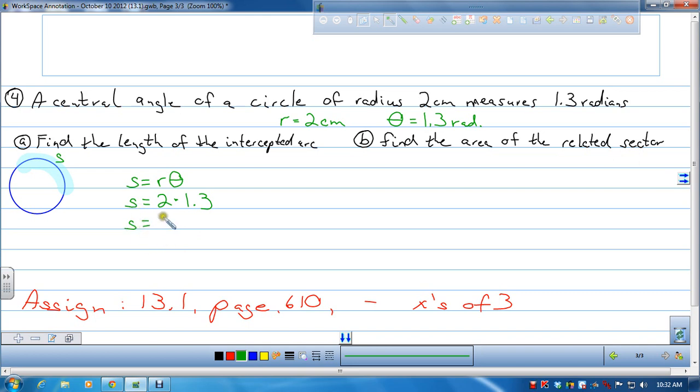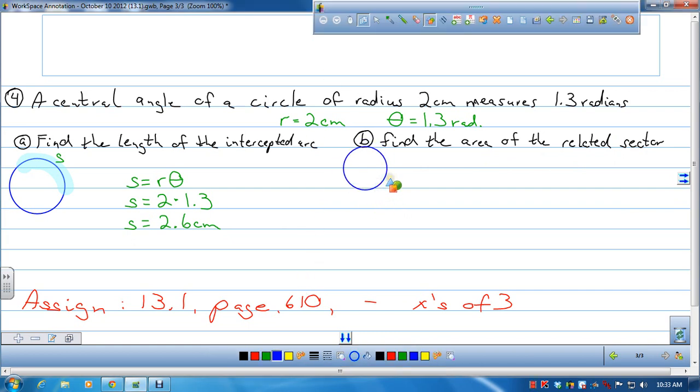So that arc length is simply equal to 2.6 centimeters. Alright? That's a pretty straightforward example right there. Now, for B, I want to find the area of the related sector. So now, when I think about that,